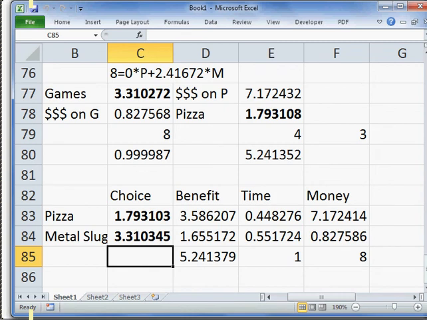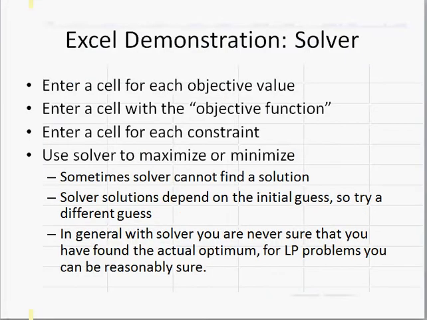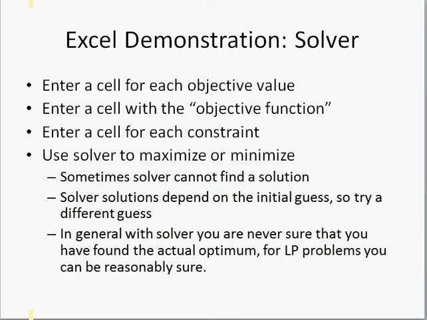Okay, so last time we used Excel to find, using both the corner checking method and the Excel solver method, the optimal choice. We had 1.8 slices of pizza and 3.3 games of Metal Slug. And I just want to demonstrate what was actually going on graphically,